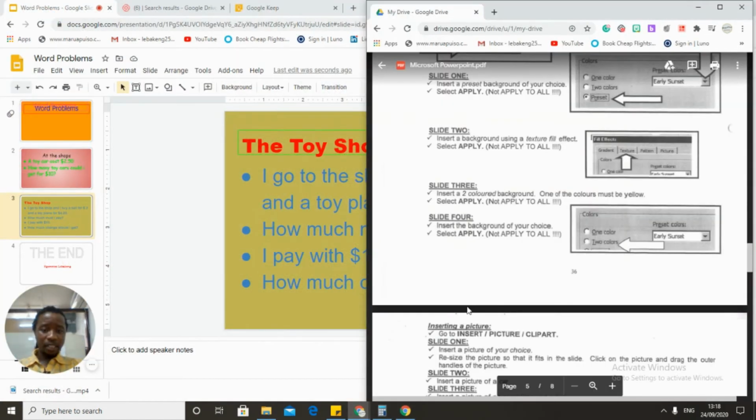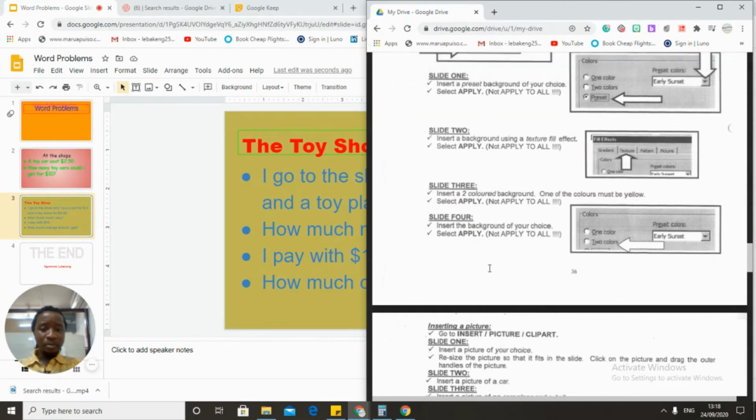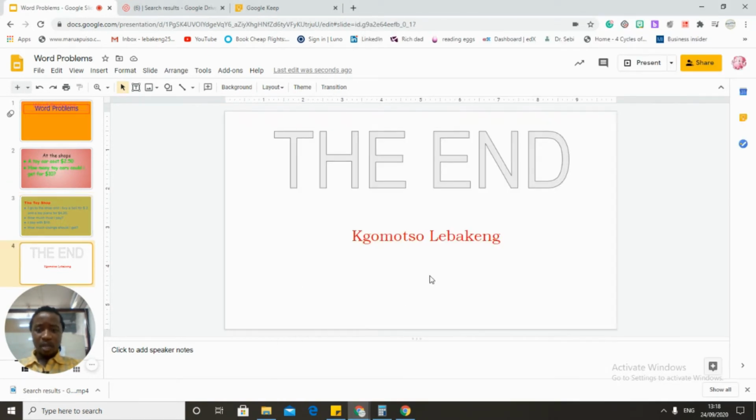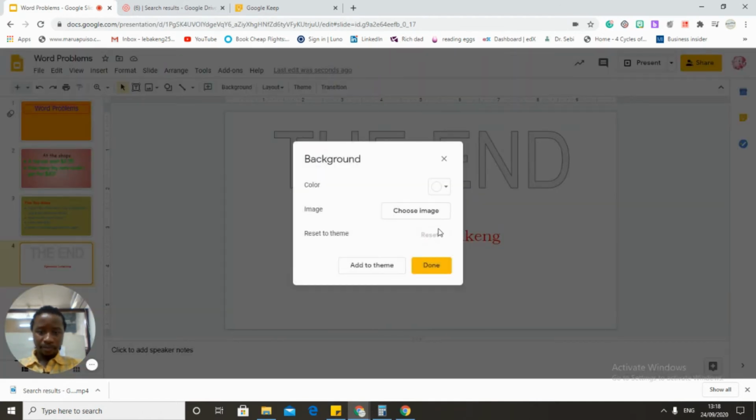Let's check the instructions. Number 4, it says insert the background of your choice. Now you're putting any of your choice. So for this one, I'm going to go for, should I go for a picture? Let's try going for a picture. Let's insert image